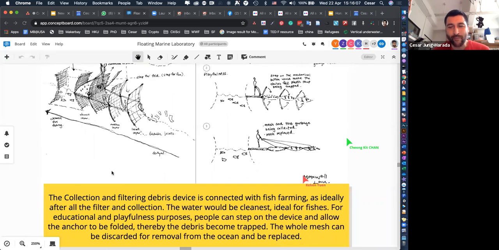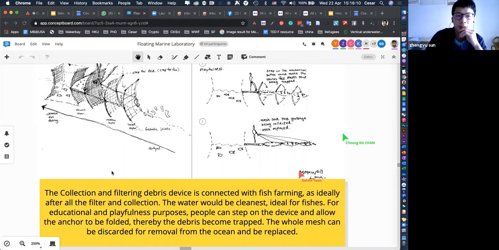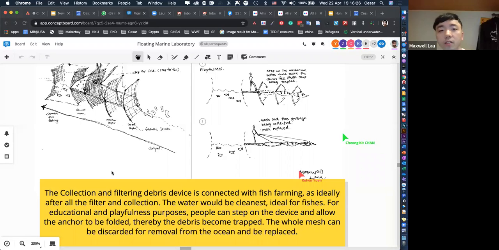Is it possible to add a device that you mentioned last time, so that bubbles can come up from the bottom, so that the net won't trap the fish, but only the debris, only the trash floating on the sea? Yeah, I think that's a very good idea, though creating those bubbles might need quite complicated kinetic devices, which I'm not sure about the technology, and within the time limit, whether we can work out the